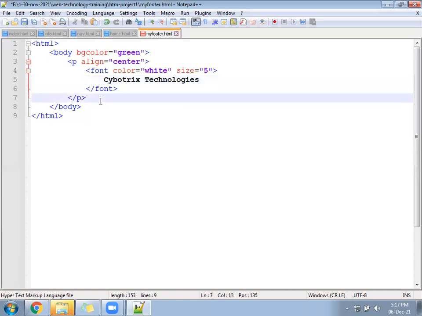One paragraph is over. You can write here only Bangalore, India. It will print in the center of the screen in the footer.